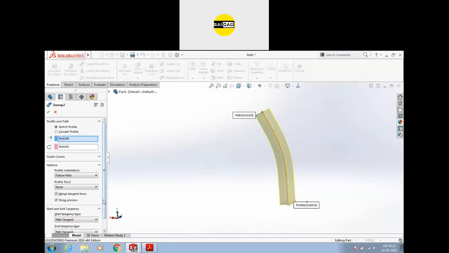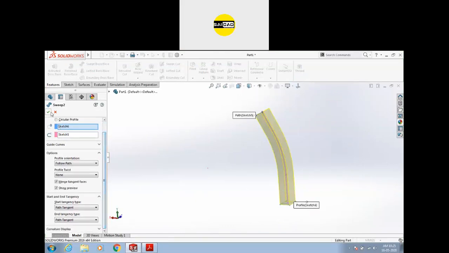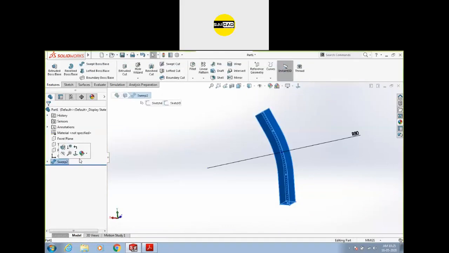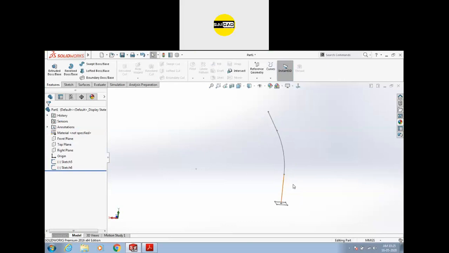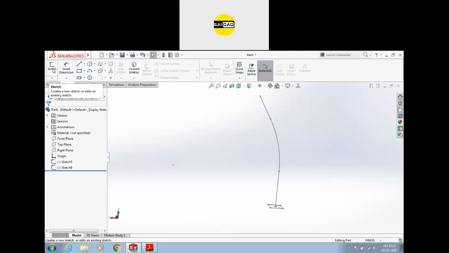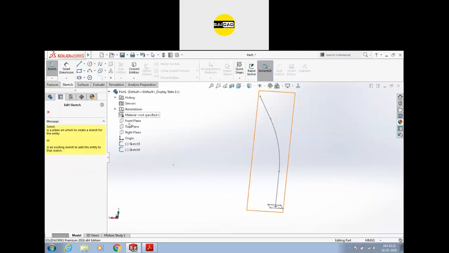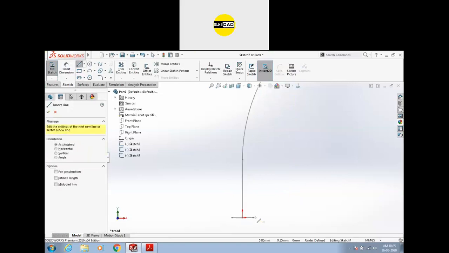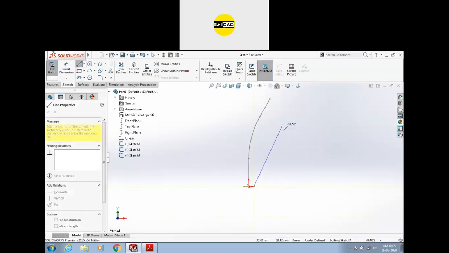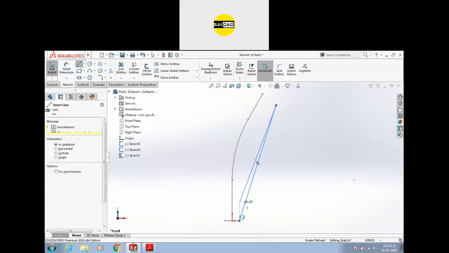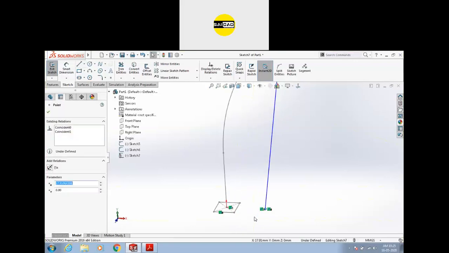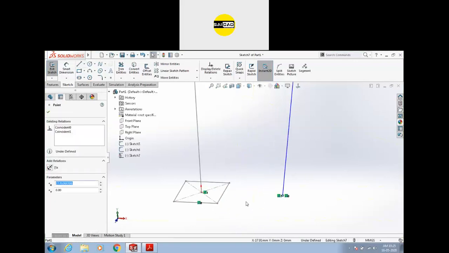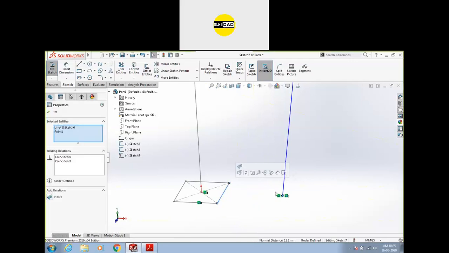So next we are going to use some other options. If you want to create a relation between this line and this line, we have a relation called Pierce.